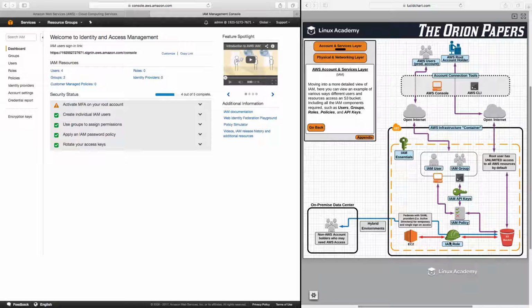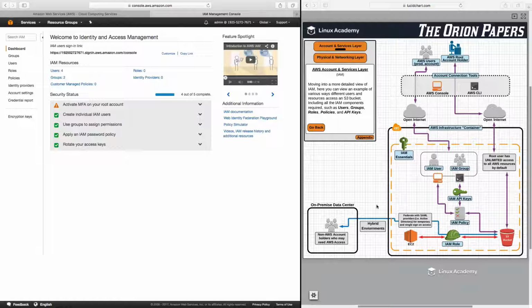And we can see here, like IAM policies, it's kind of the last thing we have here before we get to the S3 bucket, meaning that these are required components in order for users, or in this case with roles, either an EC2 instance or let's say a non-AWS account holder who may need temporary access to an AWS account or resource. So again, if you remember when we talked about policies, policies cannot be directly applied to other AWS